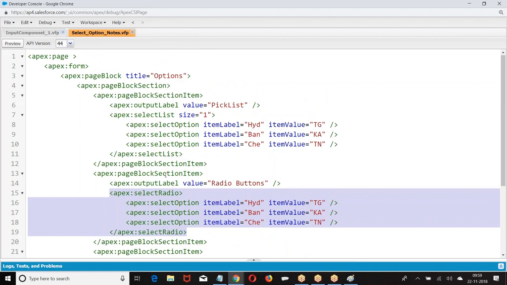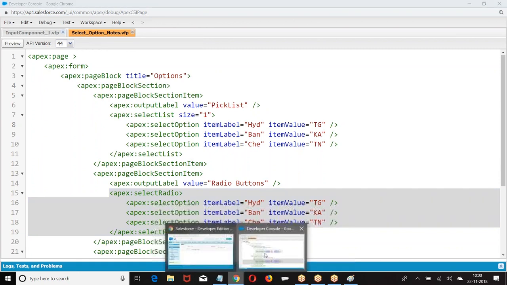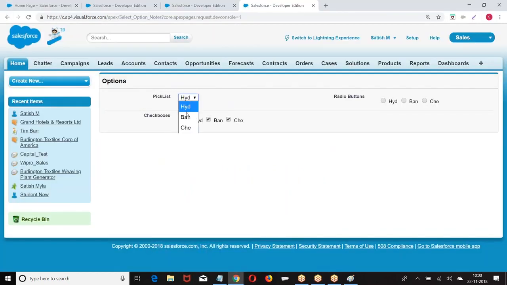So what is item value? I didn't get it in detail, so can you please explain it again? Now, you are creating this here. If you select this, what is your intention?